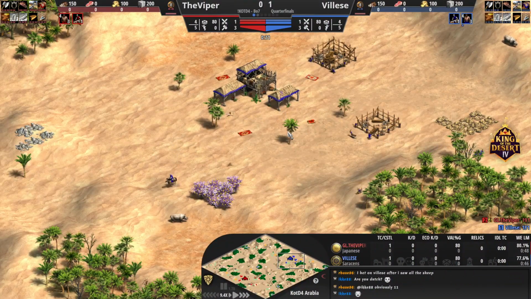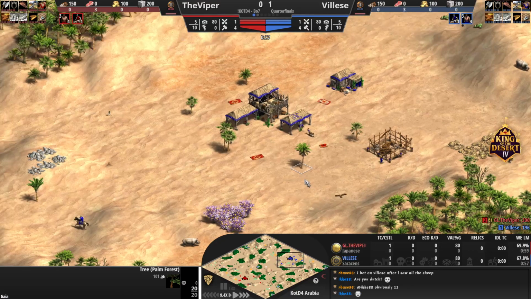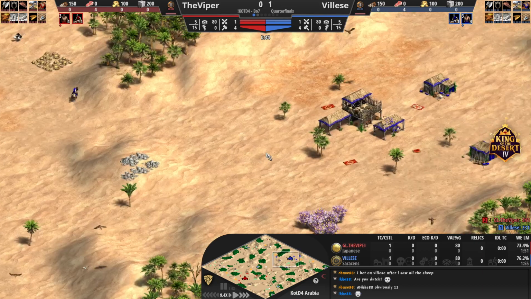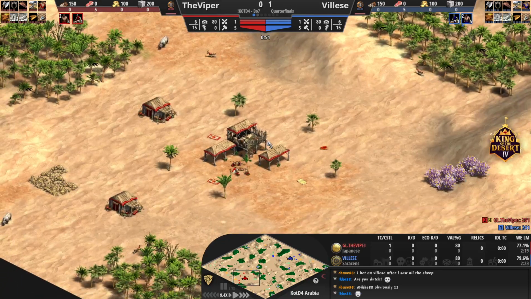For Villese, we get with Saracens cheaper markets that trade resources for cheaper. On top of that, we also get for Saracens 10 extra HP on camel units. We're gonna have on top of that also for the team bonus 1, 2, and 3 bonus damage from foot archer units against buildings. On the left hand side though, for the Viper, we're gonna be getting with Japanese